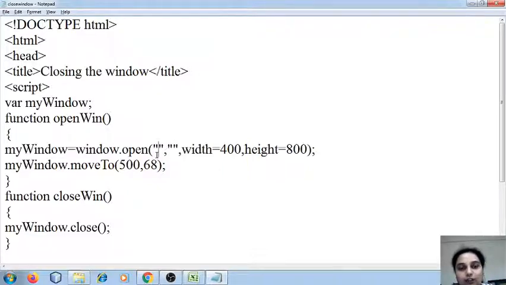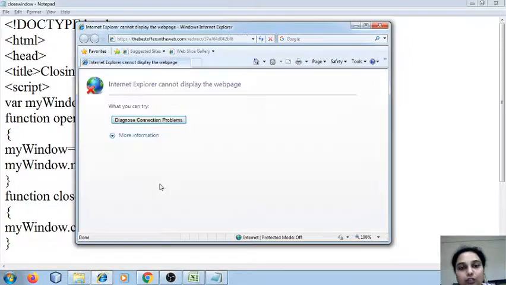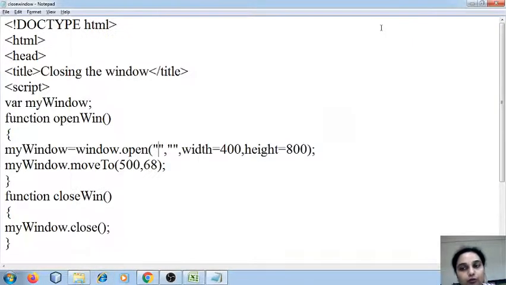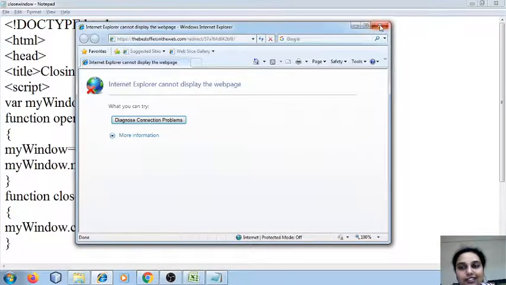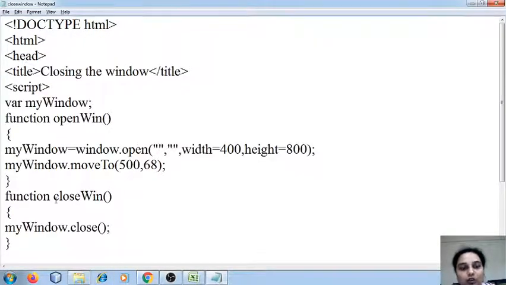You can specify the URL over here. Then I have even said move to. I have asked the window to be moved to a specified position. So these 500 and 68 are nothing but the coordinates to which the new window should be moved. 500 stands for the x coordinate and 68 stands for the y coordinate.